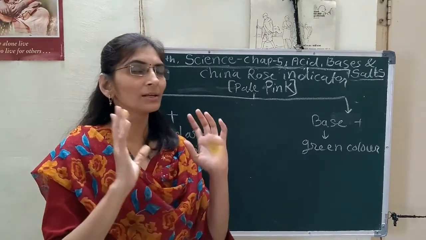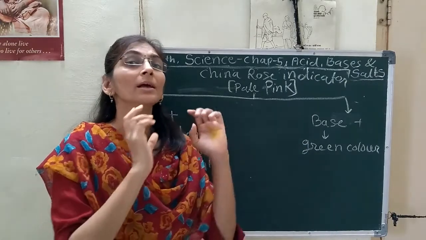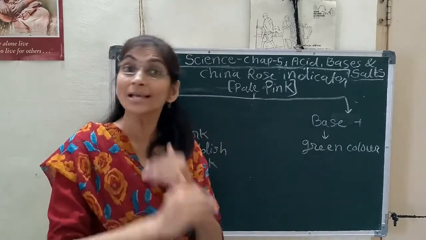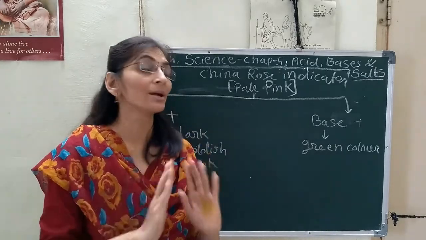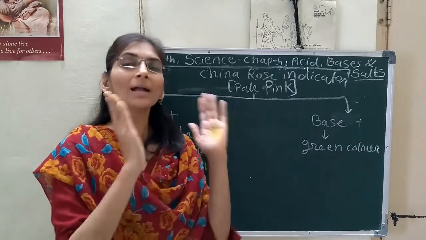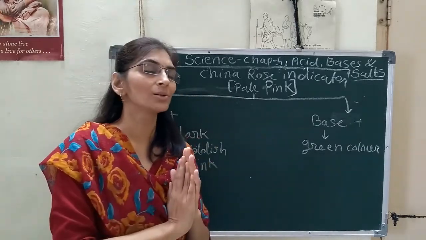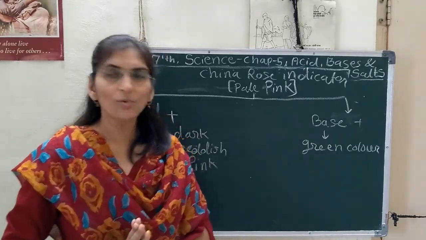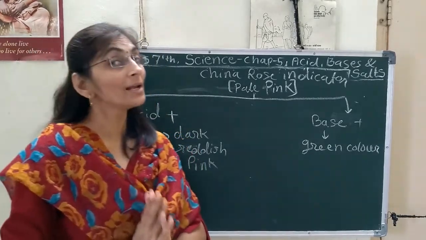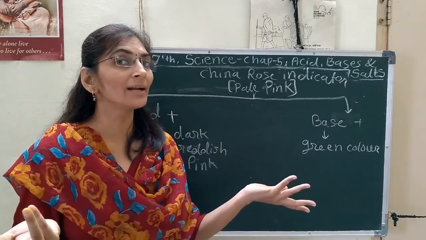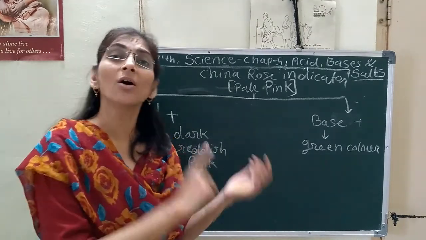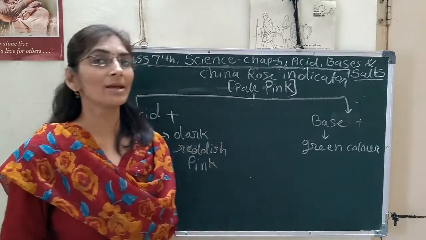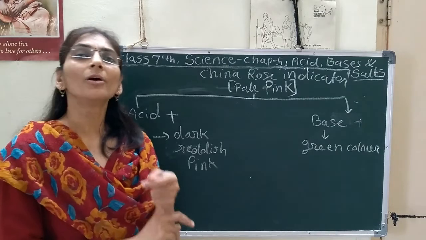But what is the condition here? In his experiment he has applied both substances in dry state, meaning no aqueous medium is present here. Both are dry. The baking soda is dry, and the litmus paper is also dry. So what happened? He didn't get any result. So what is the reason behind it? I have mentioned the reason indirectly already in my previous lecture.